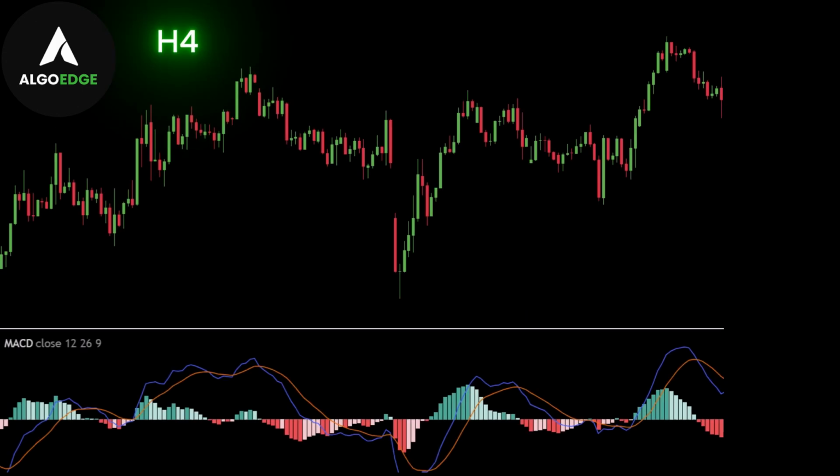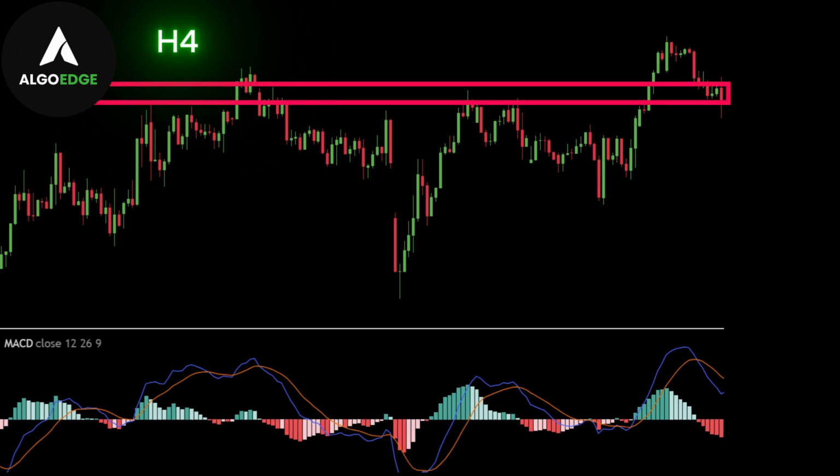In this example, we're looking at the 4-hour time frame where our setup is forming. So, let's break it down. We have a clear uptrend, which means we want to trade with the trend and with the bullish momentum. We also have a key level here. Why? Because of these two previous rejection points. When the market pulled back, a strong rejection candle formed and reacted to this key level, creating a potential buying